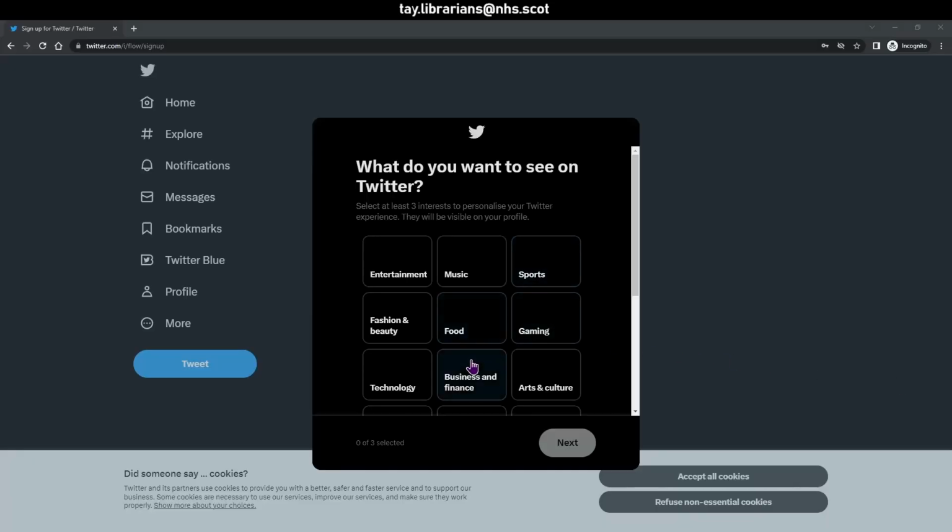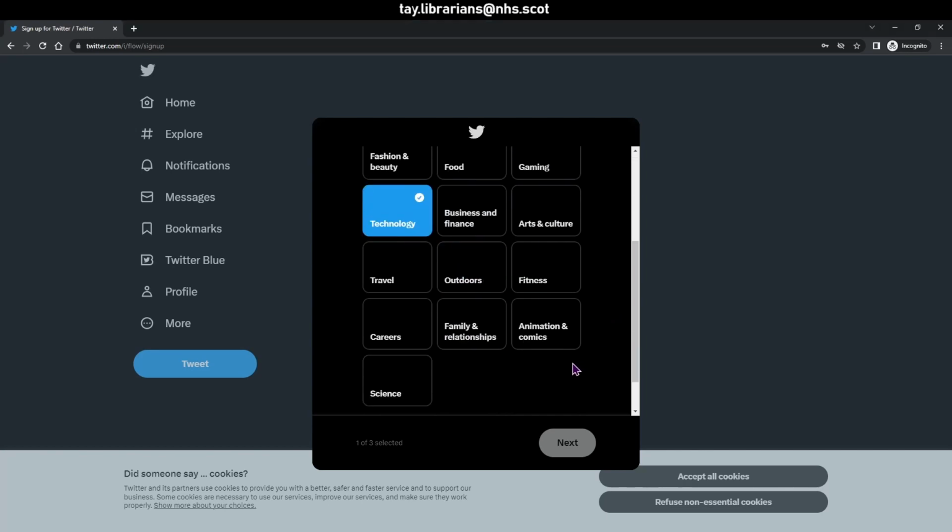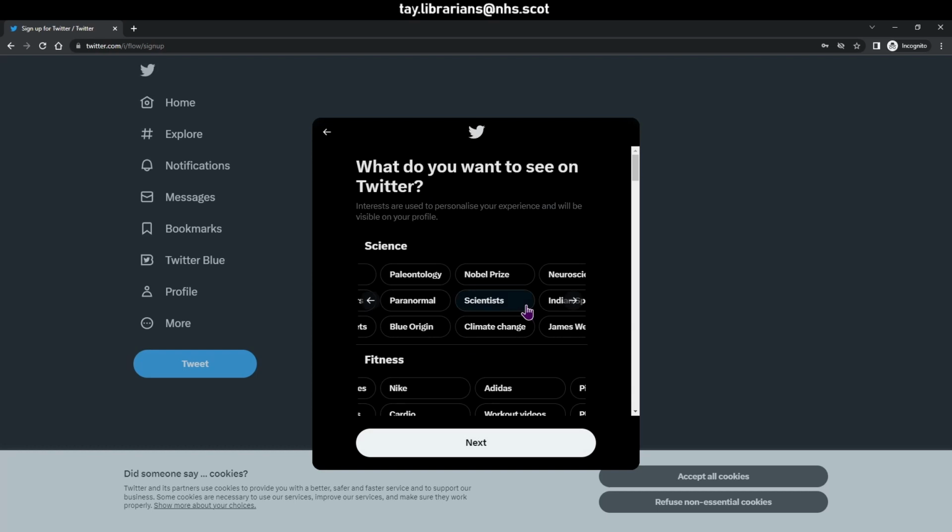Then the next step is where Twitter sort of forces you to choose 3 interests. Whether you have them or not doesn't really matter. I recommend that you follow things that relate to your professional use, so science or health and well-being, and then you get another screen after that asking you for further details for each of those categories. Just browse around a bit, select the things that you may find interesting. It does actually serve a function. What this is doing is setting the Twitter algorithm, and we will talk about that in a bit more detail later on. When you have done that, you are welcomed to your new Twitter account.